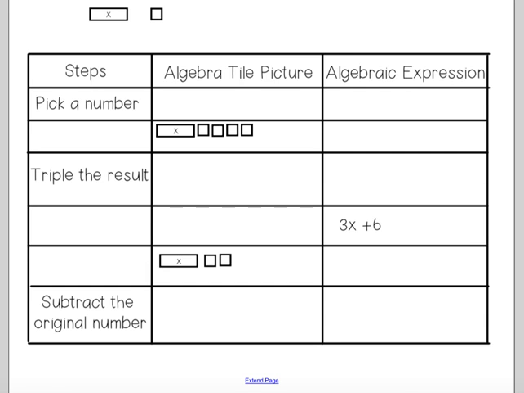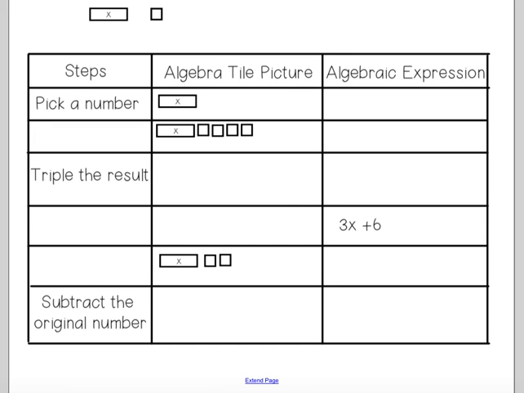So we're going to think back to when we started, and we said pick a number, and we needed an algebra tile that would represent that picking number. Well, since everybody could pick a different number, we needed a variable. We needed a changing tile. So one that didn't represent a specific one, which happens to be our X tile. That way, when we say pick a number, no matter what number that person picks, it can be represented by